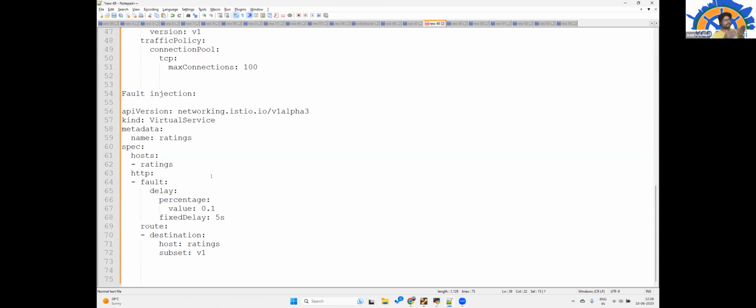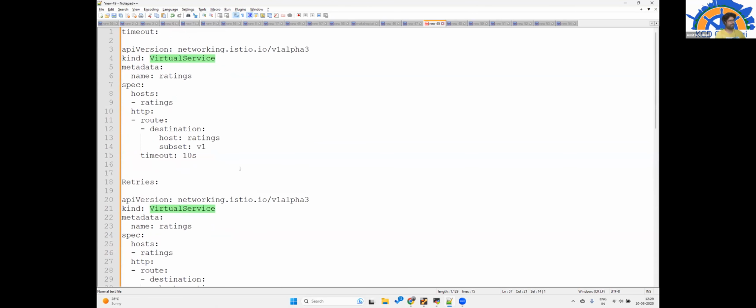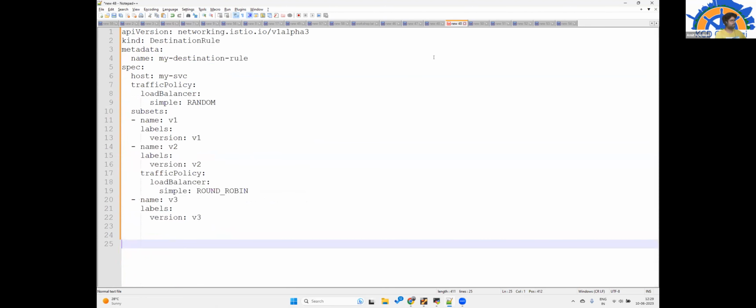That level of testing and production scenario simulation can be done with the virtual service abstraction itself. So these are some of the use cases which are supported through virtual service in Istio itself. Okay, I believe I have taken care of virtual service.